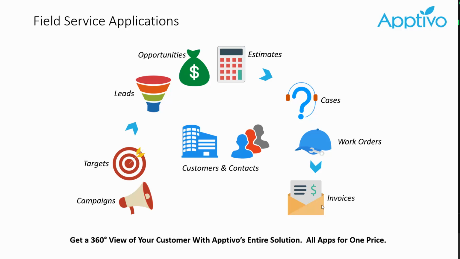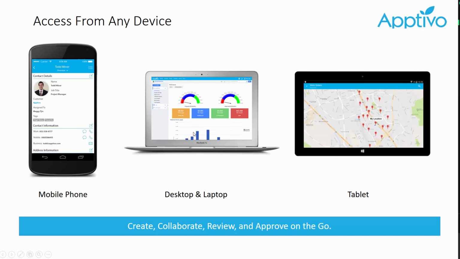So that's at a high level what Apptivo is going to accomplish, but the whole platform, it is mobile friendly. All of the different apps that we have, especially the work orders, are going to be available on Android, iOS, and Windows Mobile. Also, you can access the web, and the website itself can be accessed from a mobile device, and there's a mobile version of the website. So as long as you have an internet connection, you will be able to get to your data. And recently relaunched onto the mobile applications is actually some level of offline access,